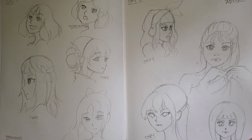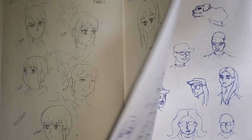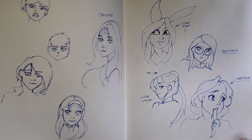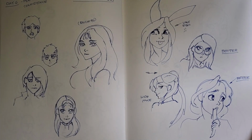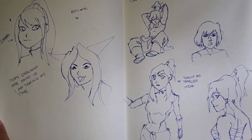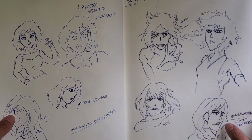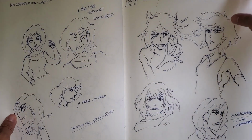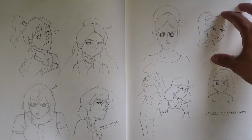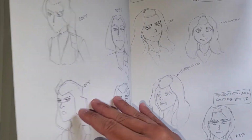So by going through this challenge, I feel that I've grown a lot in terms of my ability to draw heads on different angles and having emotions to those characters and adding a little bit of life to it. I'm also feeling a little bit more confident in my ability to actually draw confidently without using too much eraser, because this challenge basically forced me to live with the mistakes that I have made earlier in the first half,